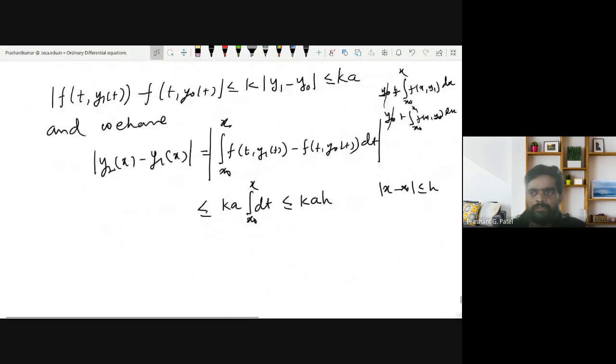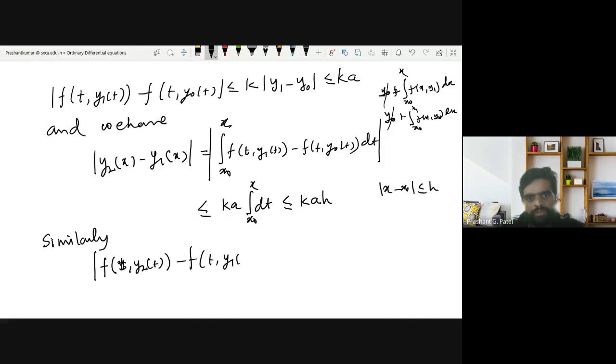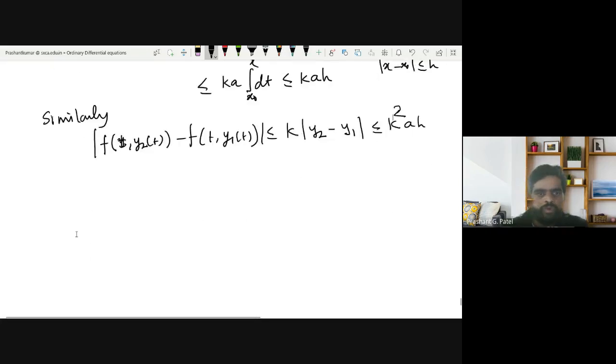Similarly, mod of f of t comma y2 minus f of t comma y1 is less than or equal to k into y2 minus y1 as per the statement number 8. But y2 minus y1, according to this, is k into ah, so this will be less than or equal to k square into ah, and so